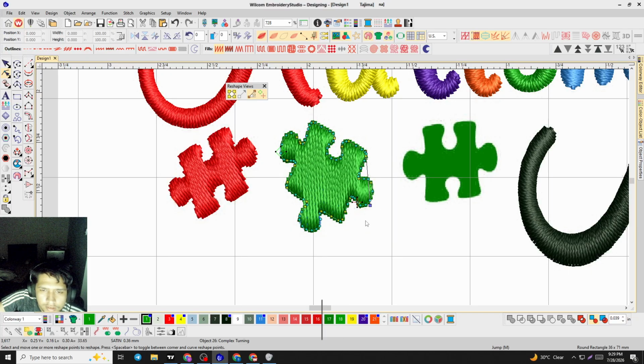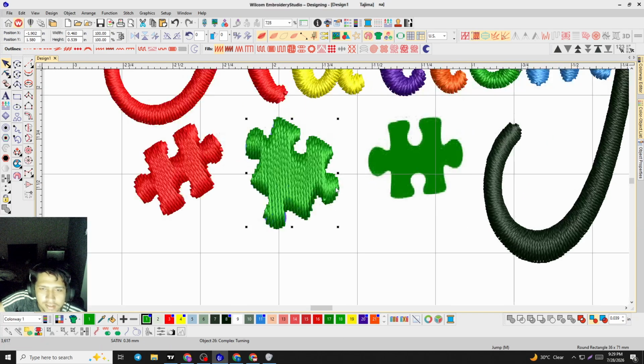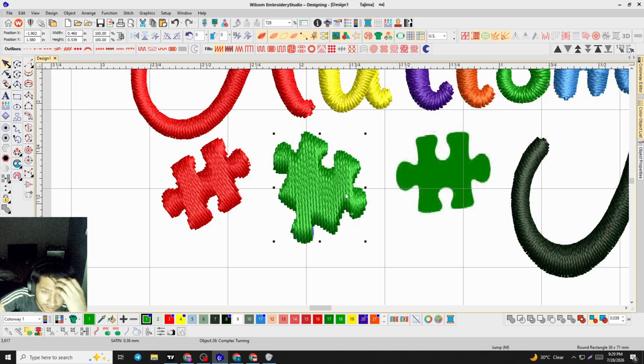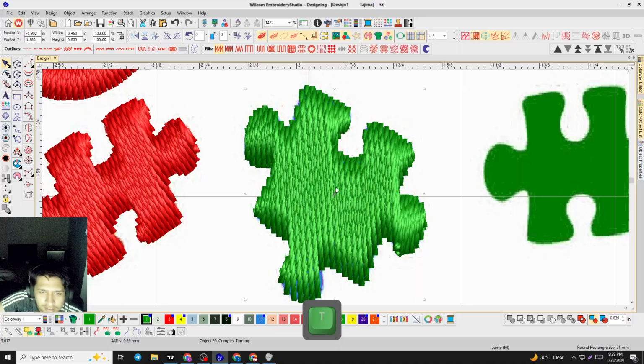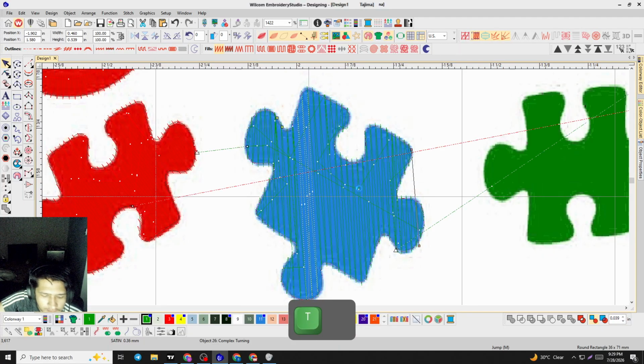I have to adjust. Okay, this is pretty nice. If you think it is looking good, then go with it. Simple. Oh, okay, these are some bad stitches here. So I think,